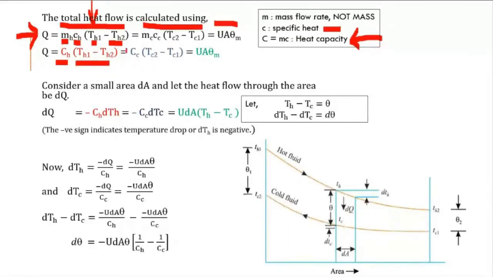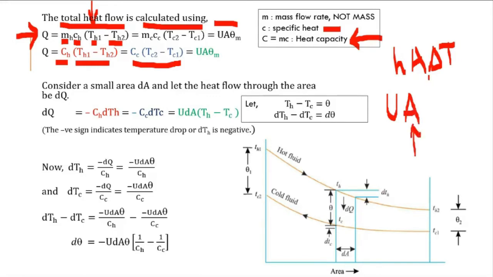No, sir. Okay. Similarly, the heat gained by the cold fluid can be given by capital CC times TC2 minus TC1, and it is equal to the rate of heat convection. The rate of heat convection is given by hA delta T. In our case, the h value is equal to capital U, which we call the overall heat transfer coefficient. Area is the total area of the heat exchanger. Over this entire area, this delta T term is not constant, so we are considering a mean temperature difference, given as theta M. Clear? Yes, sir.